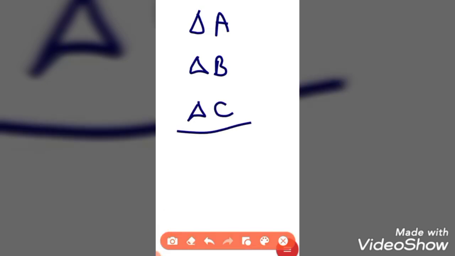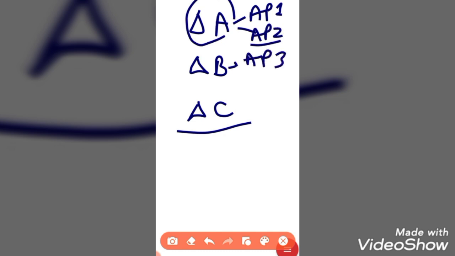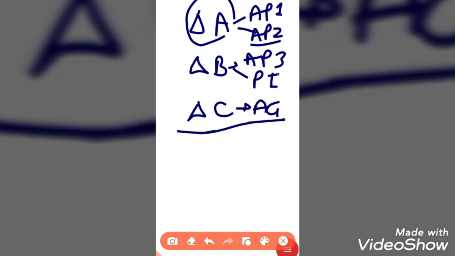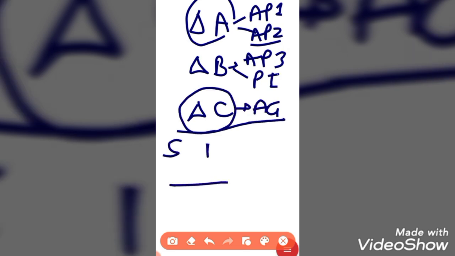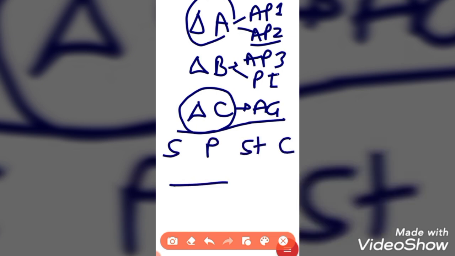So only we have to remember the names of the 5 genes, that is the Apetala 1, Apetala 2 categorized under the class A gene, Apetala 3 and Pistillata categorized under class B gene, and the Agamous categorized under the class C gene. The 4 whorls: sepal, petal, stamen and carpel. The sepal and petals are formed from the class A gene and stamen and carpel are formed from the class C gene, whereas the B gene is common.